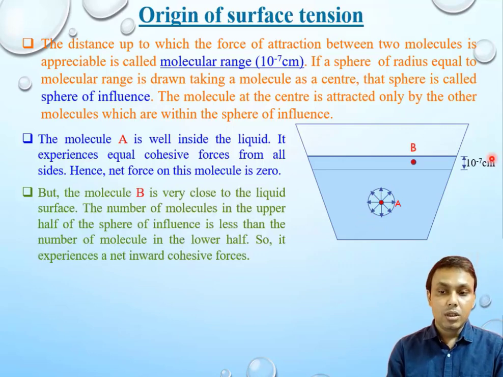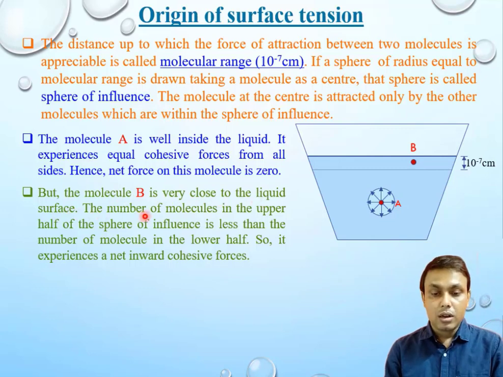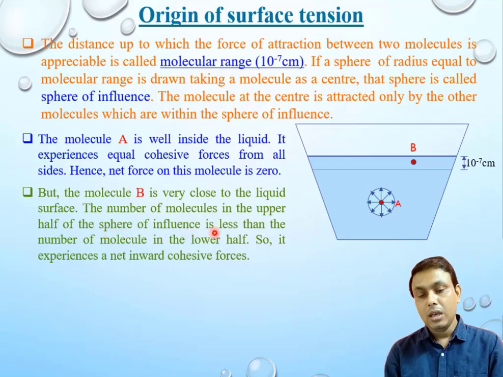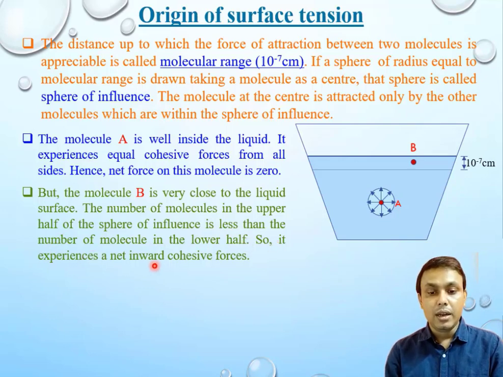Now if I consider the molecule B, then what happened? The molecule B is very close to the liquid surface. The number of molecules in the upper half of the sphere of influence is less than the number of molecules in the lower half. So it experiences a net inward cohesive force. Here you see,